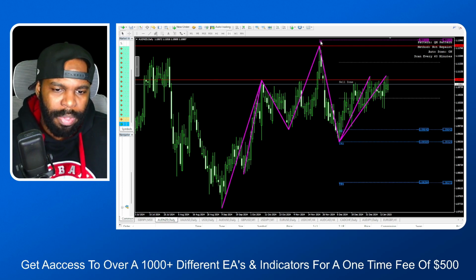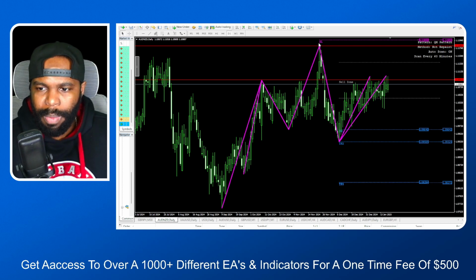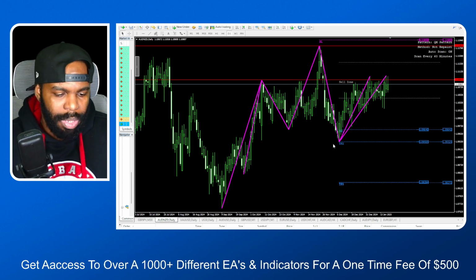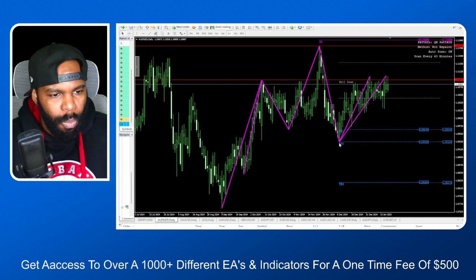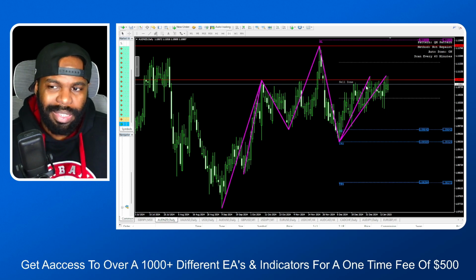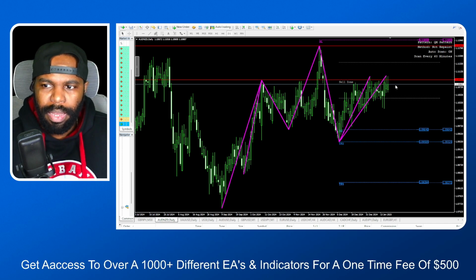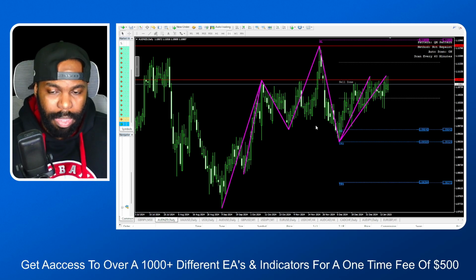Point C is always going to be your stop loss, either in a downtrend or in an uptrend. So the stop loss is point C right here, and then we created a point D. Once point D is formed, you want to wait for that pullback into the sell zone. As you can see, price came up into the sell zone right here, and at the moment we are at a sell zone, so we could possibly take this trade